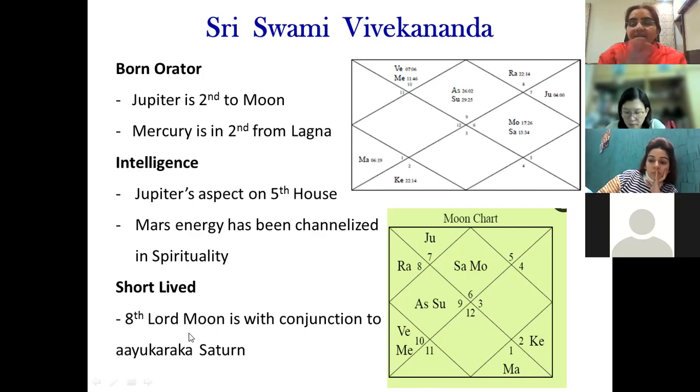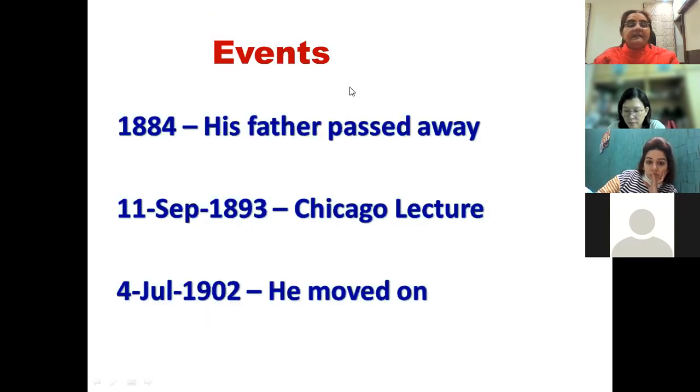But you and me, we can't derive anything like this. So never ever try to do it. This we were warned when we were taught in the courses. They said never ever try to find out the age of a person who is alive. Only you have to practice. Those who are deceased, only for them we should check all such things. Never mind. Let us discuss a few events.